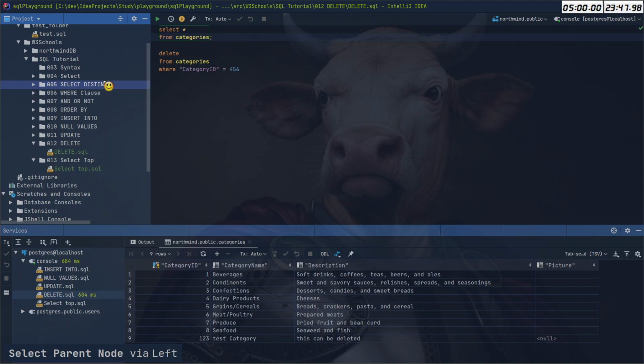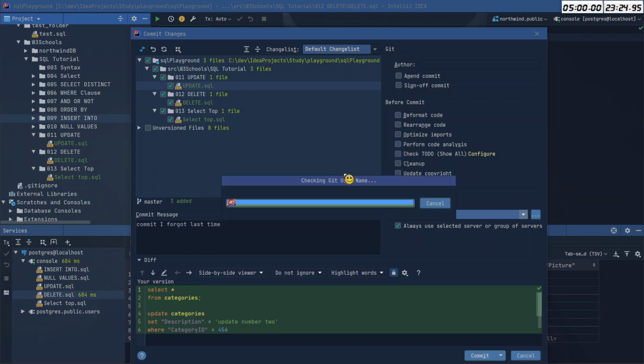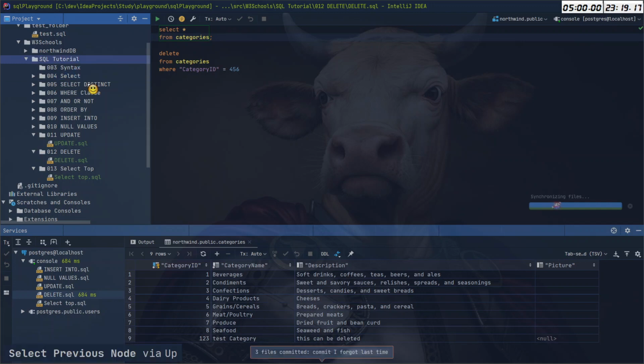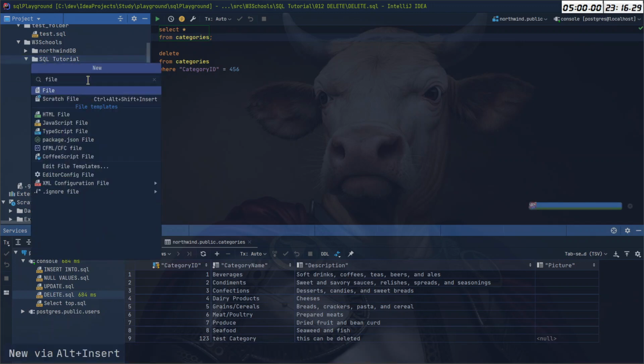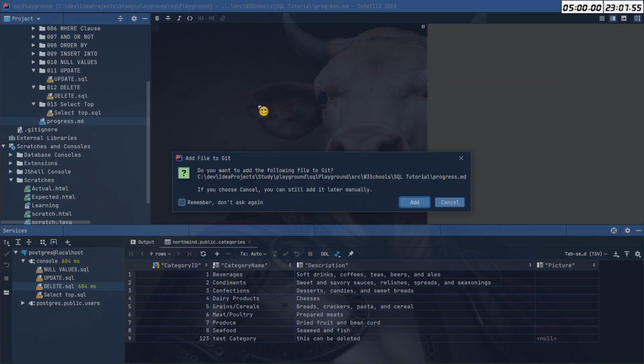Okay, I forgot to commit last time. I don't want you to check for anything, just commit, no questions asked. And we will have here an MD file, and it will be progress.md,